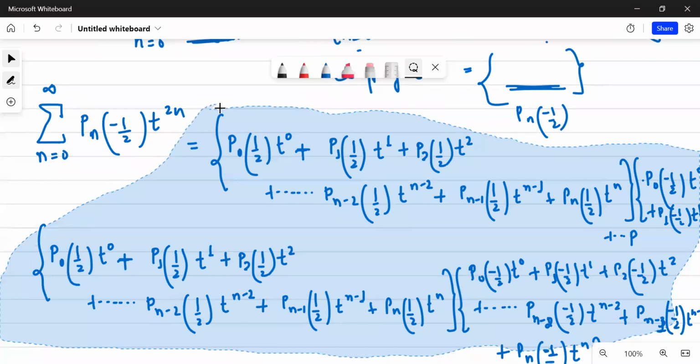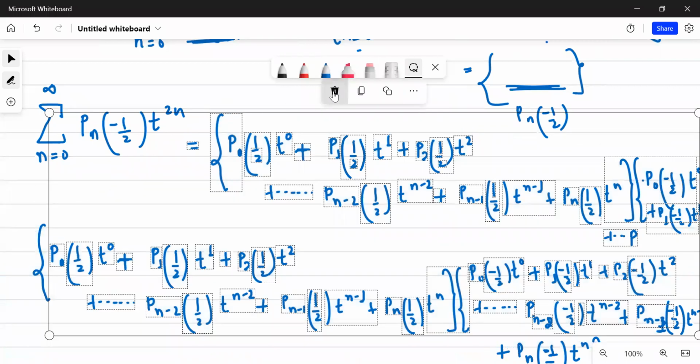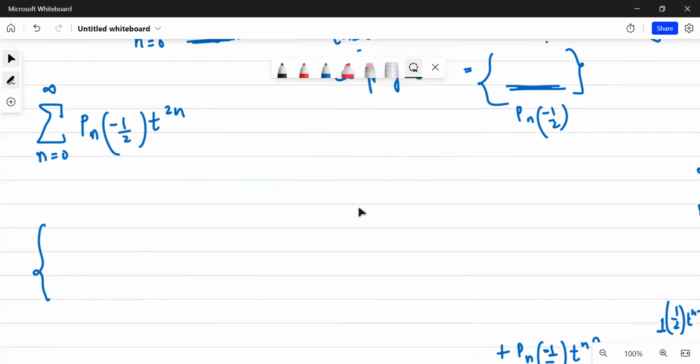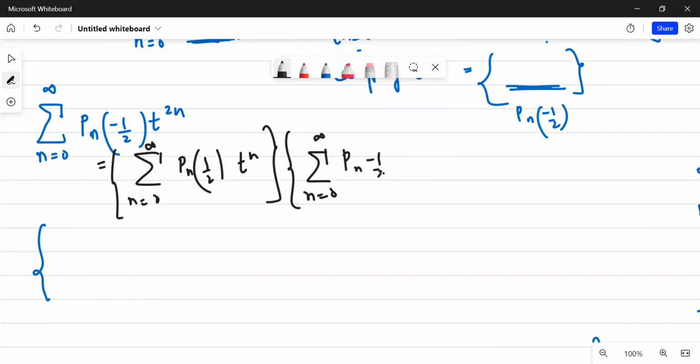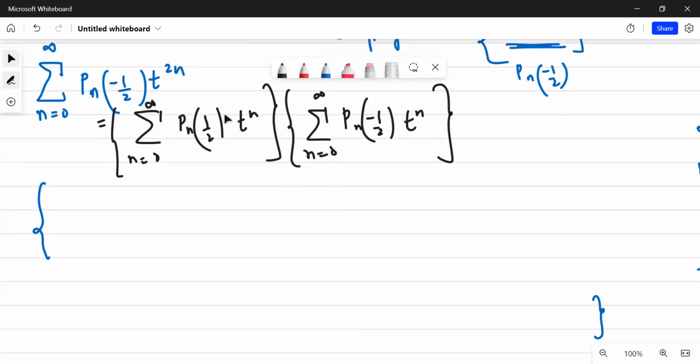This is wrong. Because see, this is an infinite series. You cannot write it in this। 1 मिनट रुको, थोड़ा सोचते हैं अपन। यहाँ तक समझ में आया? यहाँ तक तो I don't think there is a mistake till now. ये तो समझ में आ गया, P_n minus half t की पार्ट 1, this will be equal to writing summation n equal to 0 to infinity, P_n minus half, and then t की पावर n. ठीक है, ये तो है।